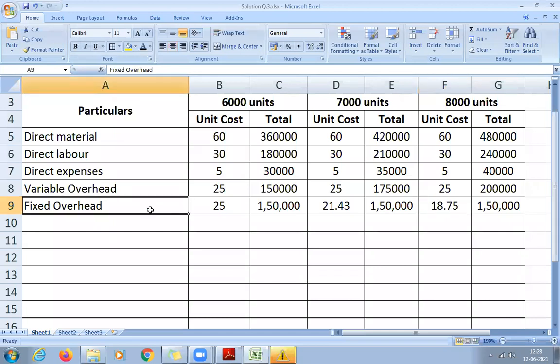Did you understand now? When it comes to fixed cost, how to calculate? Yes or no? Do you understand how to calculate for fixed cost? Yes, or any confusion, or you want me to explain again? Please give some response. Dear students, please respond. Did you understand or no? Yes, sir. I know you are nearing to the lunch time. I know you are little hungry, but please bear with me till 1 o'clock, 1:05.